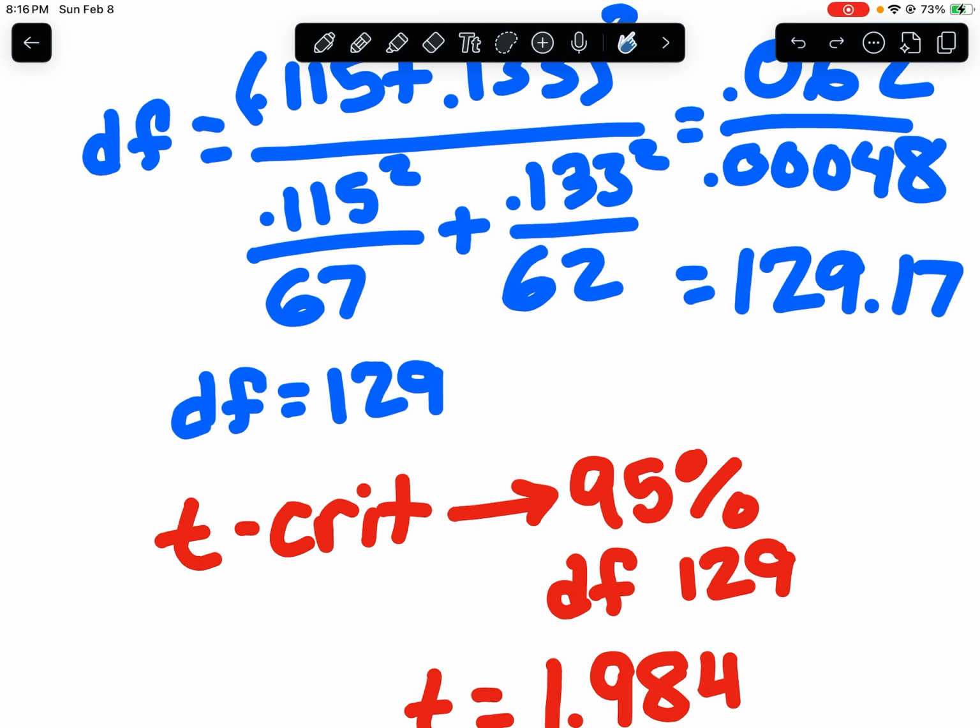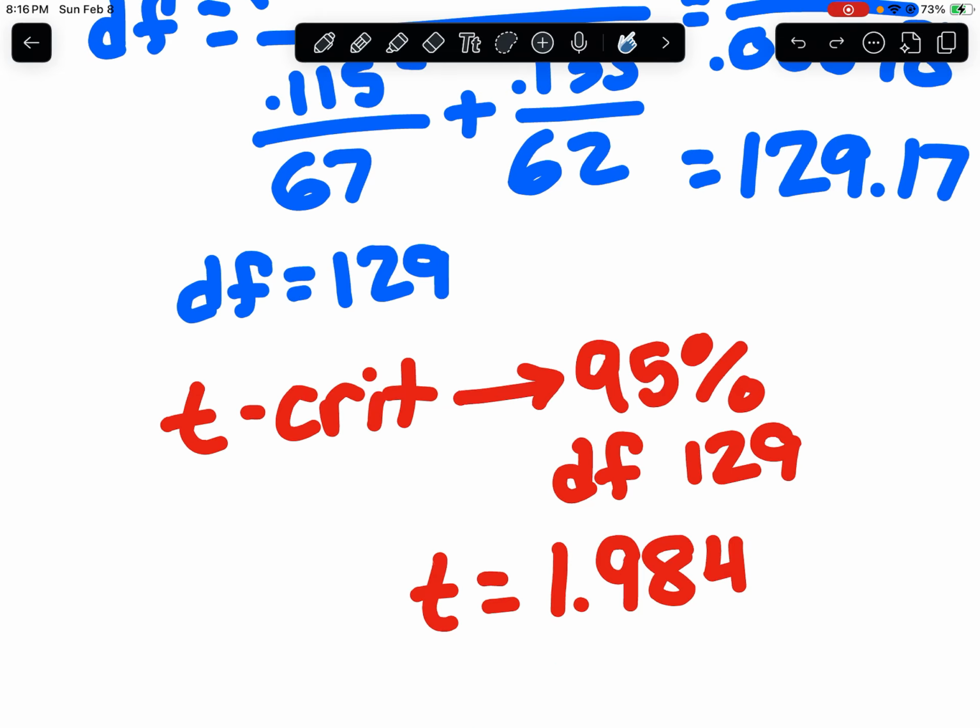Now, since we're going back to confidence intervals, we're going to need that first t table that I gave you that has the confidence levels on the top and the degrees of freedom going down the left side. I know the tables get a little confusing. Which one do I need between the z table and the two t tables? Now we need confidence interval. With a 95% confidence interval and degrees of freedom 129, I think I used the 100 row, if I looked at it correctly, I got a t-value of